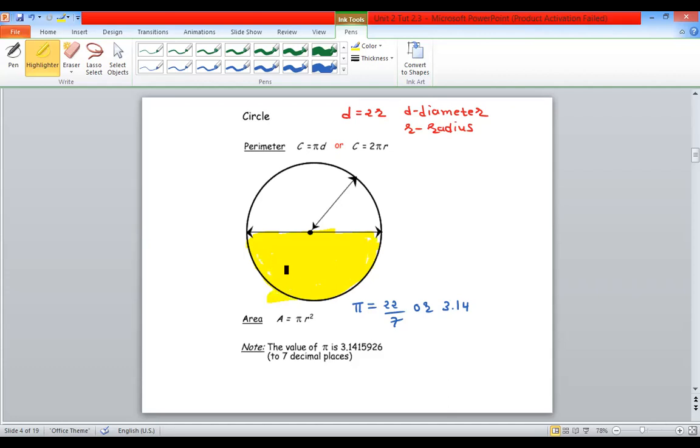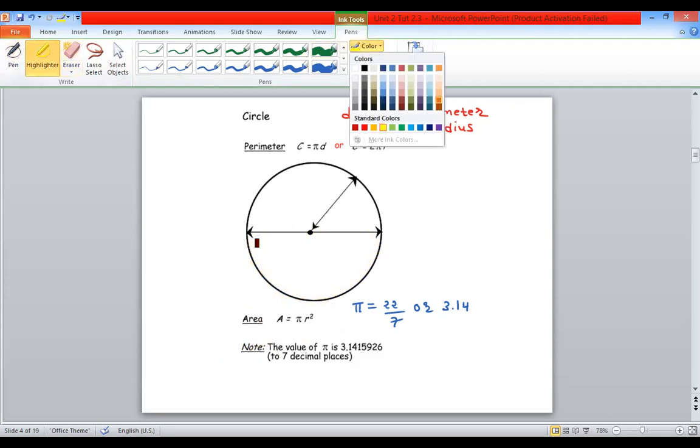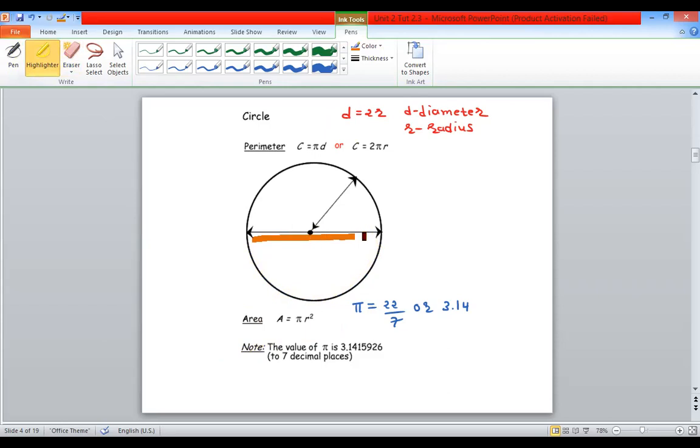So she is absolutely right. The area is just half of the circle, and the area of a circle is pi r square. If I divide by 2, I get the area of the semicircle. Now tell me about the circumference. What is the circumference of the semicircle? Ma'am, r into bracket pi plus 2.